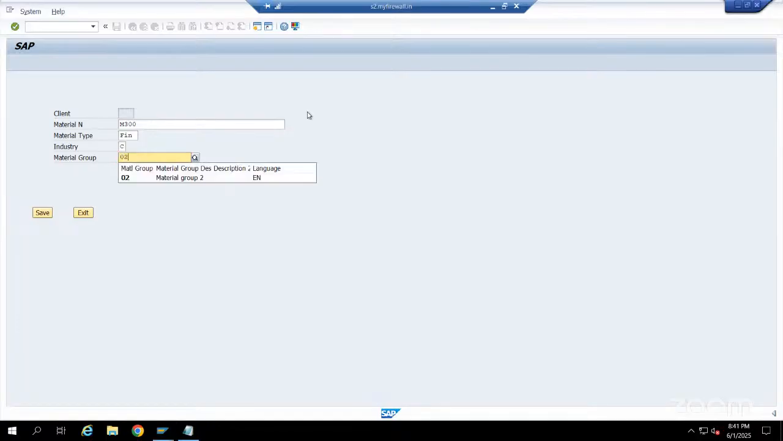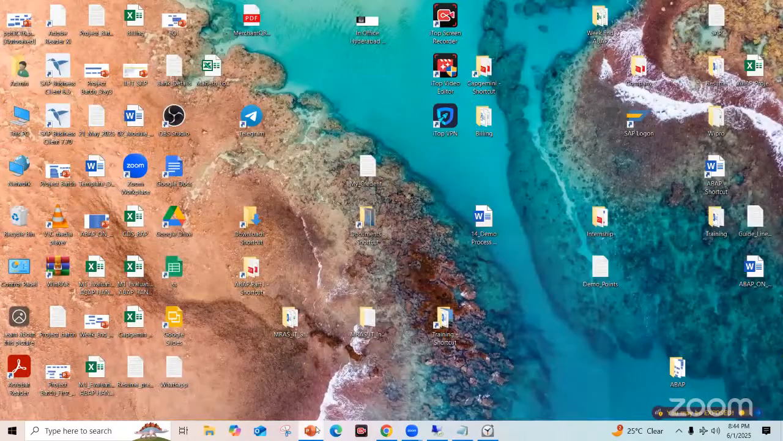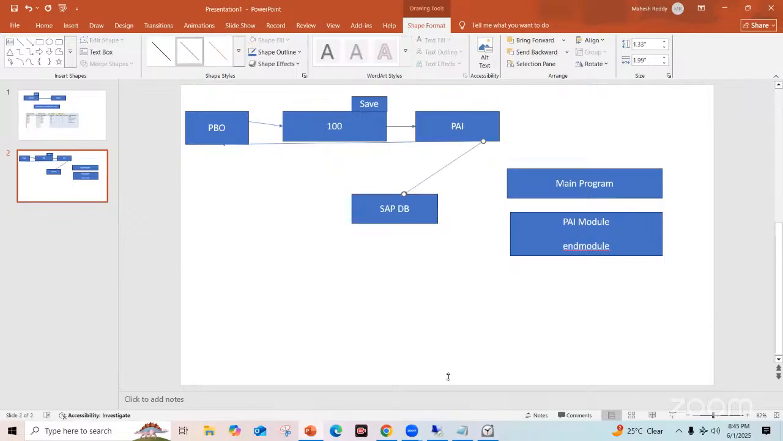Now if I click on save, what flow will happen? This flow, right? This flow will happen. Data will go from here to here, screens to the database table here. This is your database here. So data will go to here, from here to here. Right? The moment I click on save,